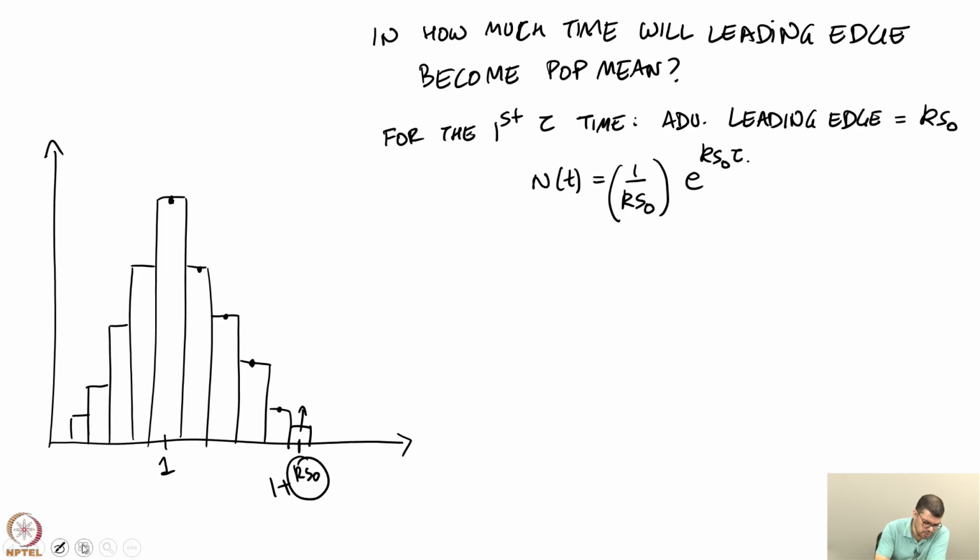After this tau time, what has happened is that this wave has changed and this number has gone to this, there is a new leading edge. The old leading edge has now decreased to this one, and this has gone extinct. So, everything has moved to the right and now we are looking at this red colored wave. So, in the next instant of time, for the next tau time,